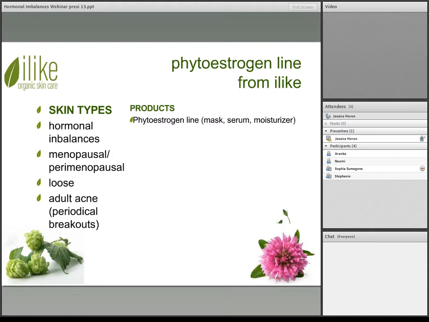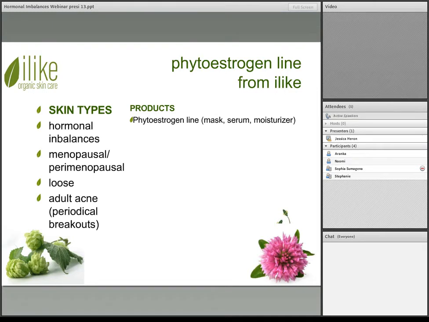And we'll show this in the demonstration of the phytoestrogen facial, anywhere between 15 to 20 minutes for the best effects. But if you don't have that much time in your facial treatment, at least 10 minutes would be the best. So that way, anywhere between 10 and 20 minutes, so you still get an absorption of the nutrients from